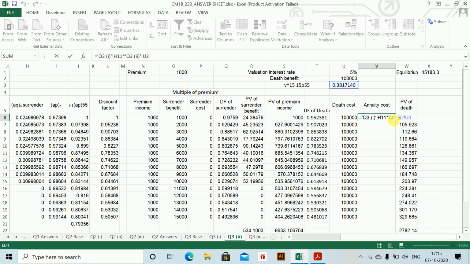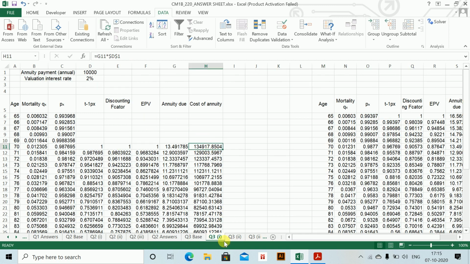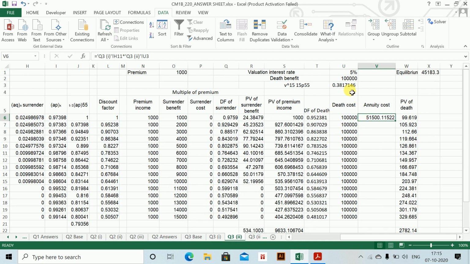So annuity cost will also be considered. Since the company is selling the policy, we need to calculate the present value of all the annuity costs. We had calculated the annuity cost till age 70, and for age 55 we need to discount it by the CT5 discounting factor, which is v to the power 15 p55. So I have calculated it here, (1 plus i) to the power minus 15 into 15p55, which I had calculated here. I had dragged down one more cell to calculate 15p55, multiplied both of them here, and then annuity cost is equal to this into 15p55.